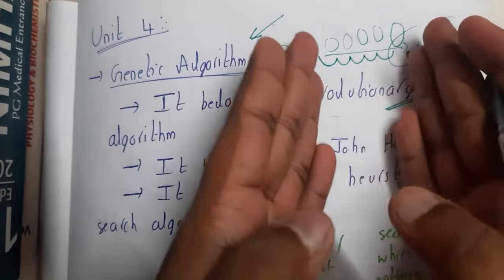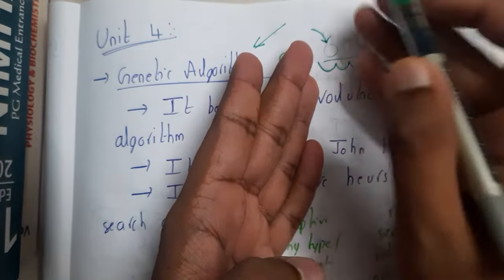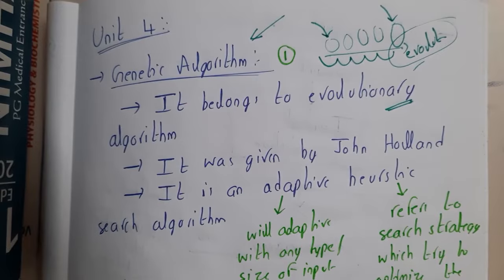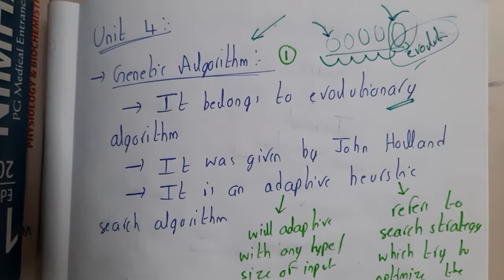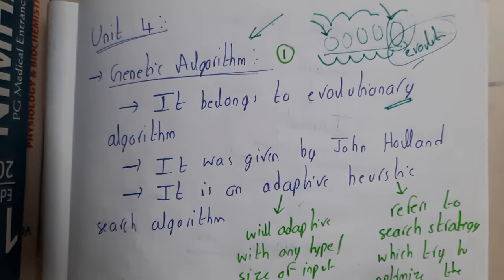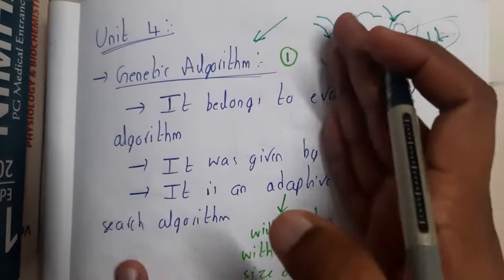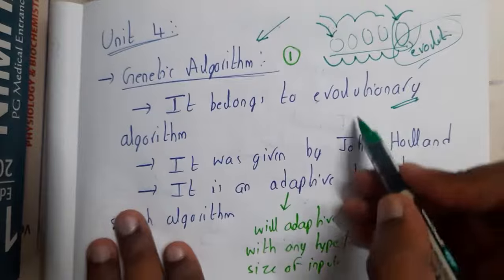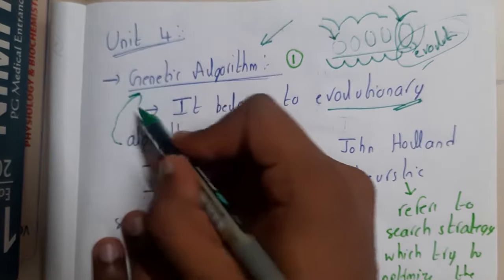If you observe the intelligence level, who is intelligent, guys? The first one or the last one? The human, the chimpanzee, or the monkey? I don't know exactly how to define it, but we say the human is more intelligent than anyone, right? So as improvements keep happening, whether in terms of time or something else, they change evolutionarily. Any algorithm which does this comes under the evolutionary algorithms, guys. The example is nothing but the genetic algorithm.